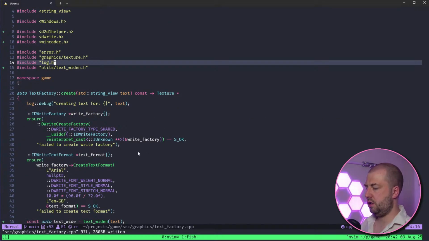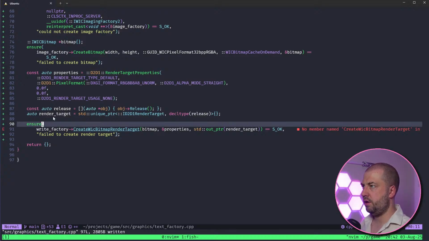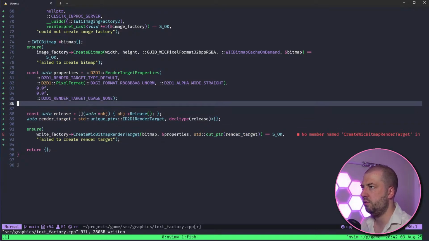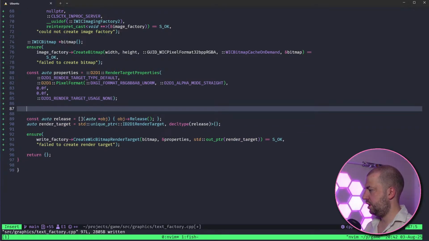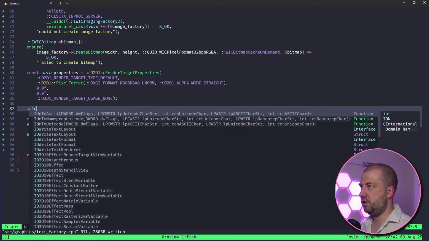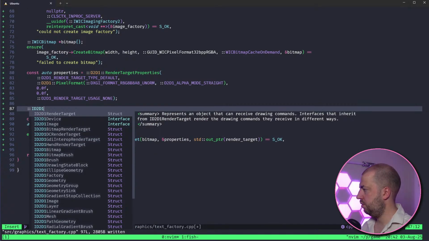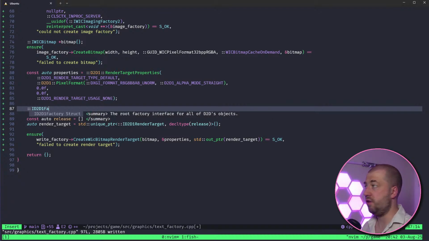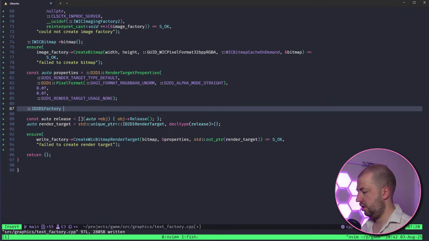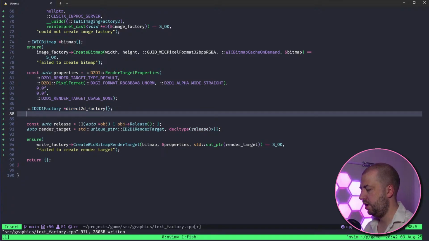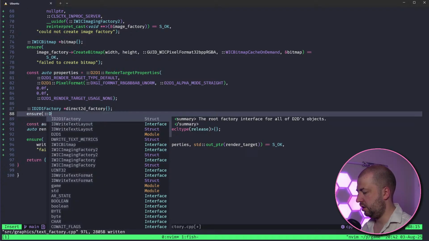No, I'm missing a primitive here. That's why. I need to first of all construct an ID2D1Factory, just a generic factory. Could be anything in there. And then we'll call this direct2DFactory. Here we go. And now I can ensure that D2D1